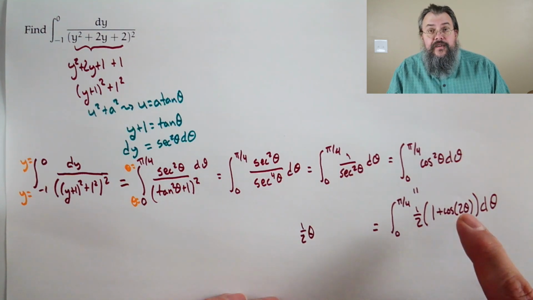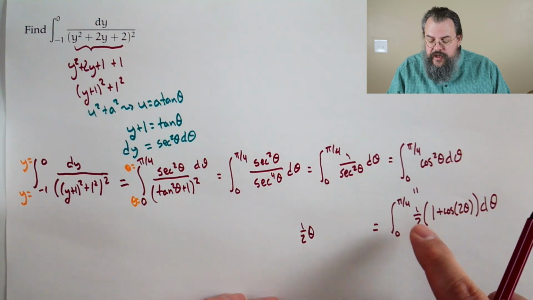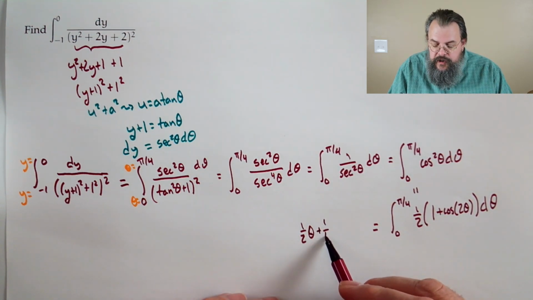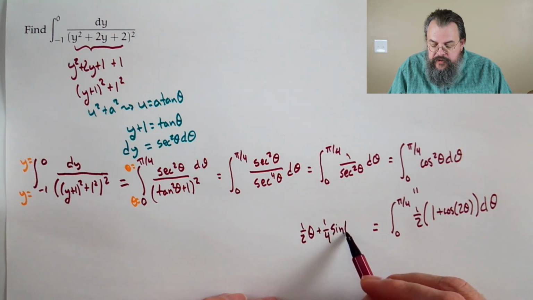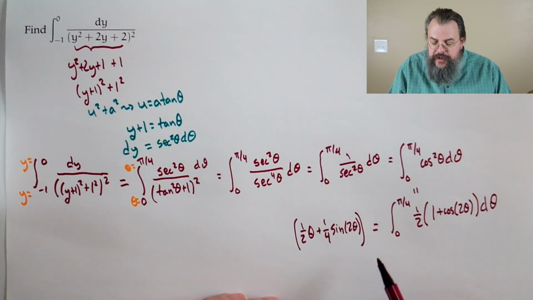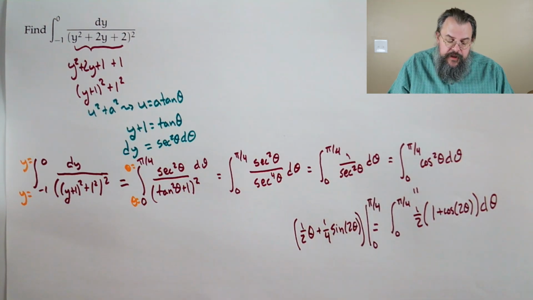The integral of cosine is sine. But because of the 2, we have to divide by 2. There's also a half there. So that would be plus 1/4 sine of 2 theta. Okay. Now, the nice thing is, because we've updated our bounds, we don't have to go back and say, well,